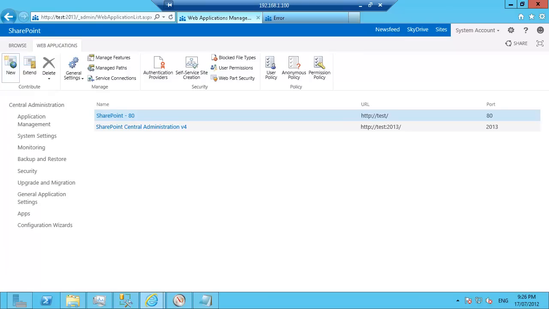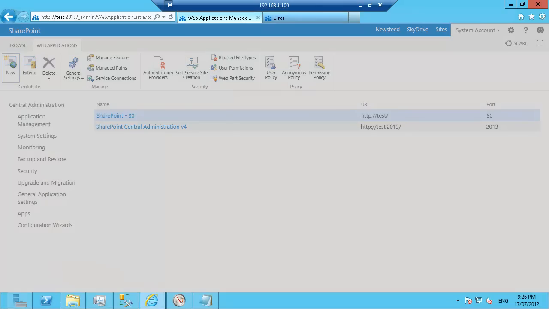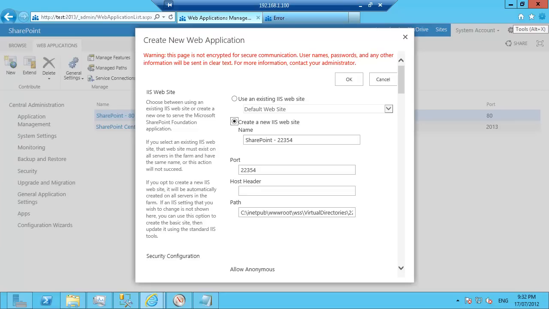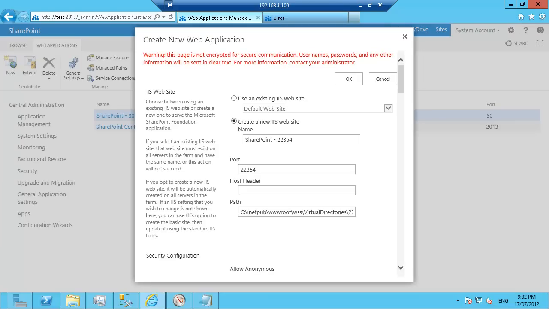So I'm going to try creating a new web application. And it's working on it. After several minutes, our dialog box has come up, and so we'll just complete this as we would normally complete on